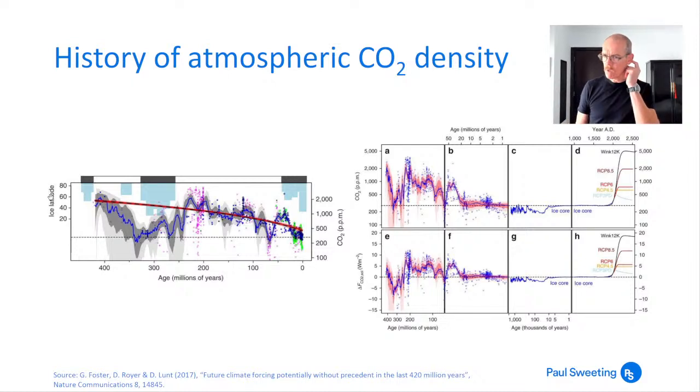Now, one of the main culprits for global warming is CO2 density. And you can see that over the very long term, carbon dioxide density has varied considerably. And you saw the temperature has varied considerably as well. The mechanism of the interaction between carbon dioxide and the Earth's temperature, though, wasn't necessarily the same as it is now. So in the past, what we might have seen would be some external factor leading to the Earth warming up,